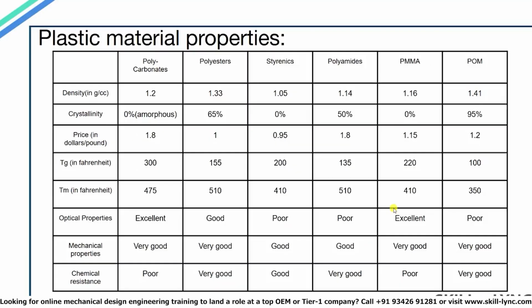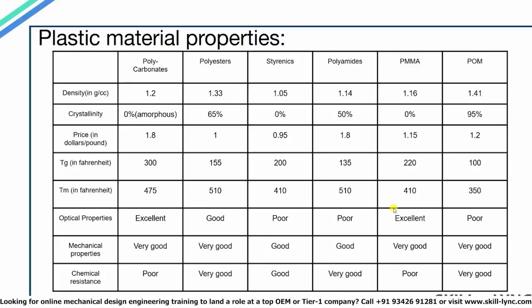Now there are a lot of plastics available for processing. The selection of the right plastic will be based on a number of factors mentioned in the next few slides. For any product design, there will be a number of requirements the product must meet. So the plastic with the lowest cost that matches the requirements of the product will be selected for processing.